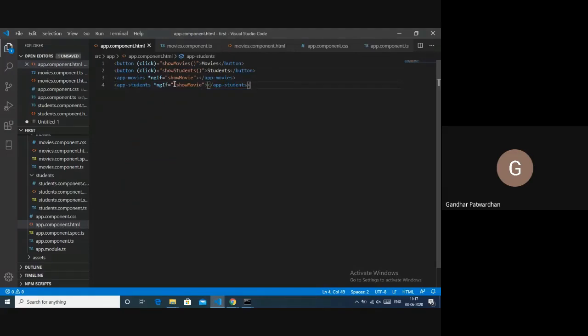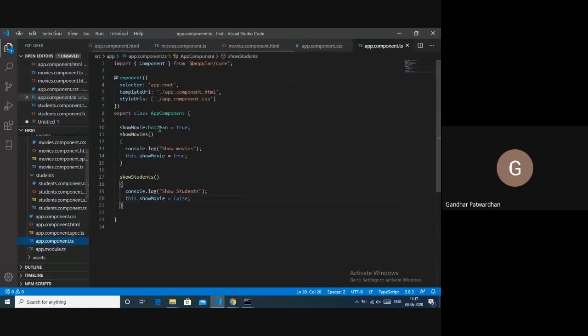Now, what is going to happen is this show movie is initially true. So the first time this page comes into picture, this show movie data member would be true. And if show students is called, it would become false.